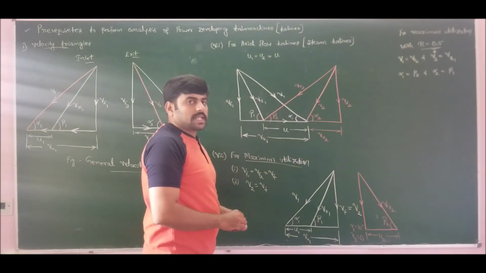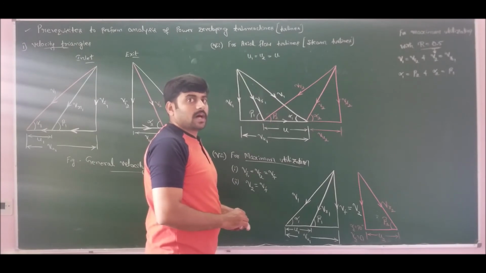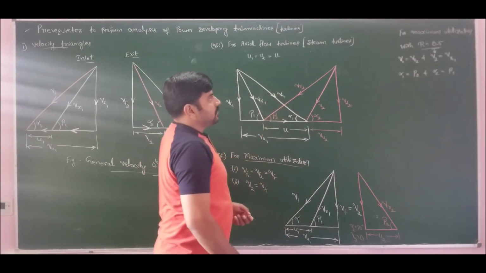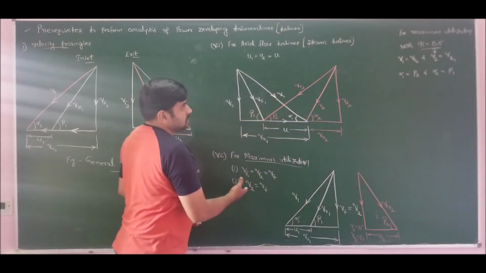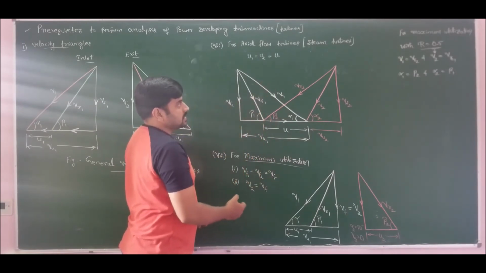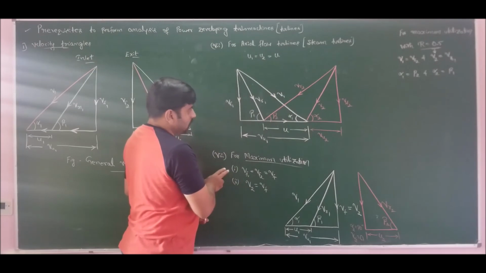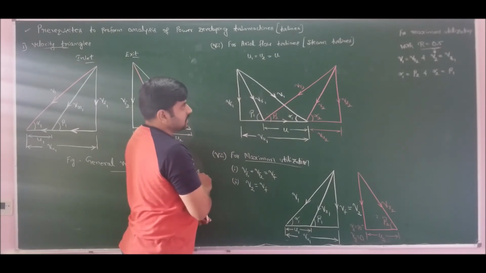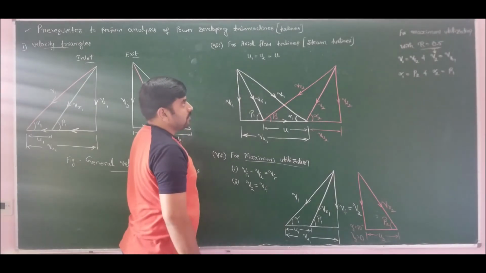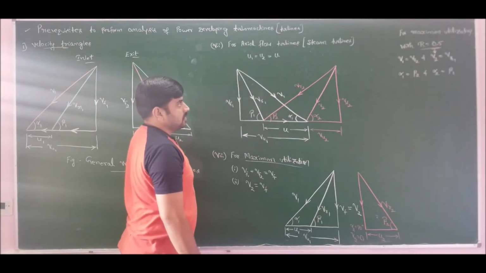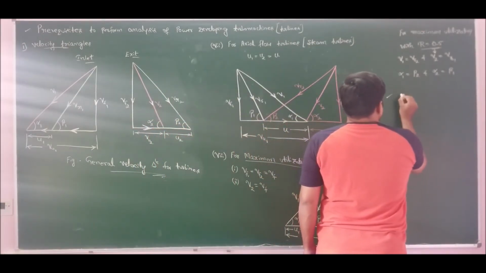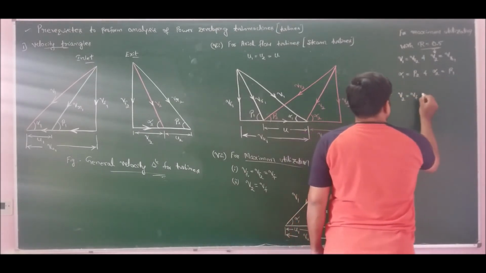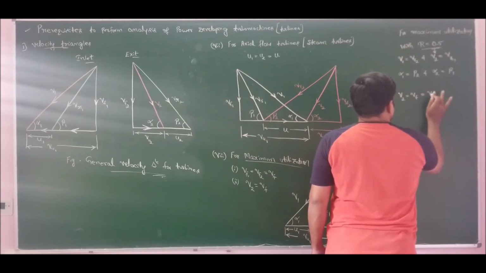In the previous lecture we drew velocity triangles for axial flow turbines for various values of R. This should be satisfied for symmetrical triangles for R equal to 0.5. Now for maximum utilization you know the conditions, and for R equal to 0.5 you also know the conditions. Club these conditions; we have totally 4 conditions with us. Clubbing them gives the final condition for maximum utilization with R equal to 0.5. It turns out that V2 is equal to Vf for maximum utilization, and this must be equal to VR1 for 50%.